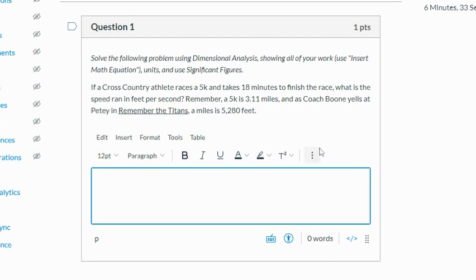So these questions are going to be text entry boxes, but no one wants you to write 5K divided by 18. I mean, that looks terrible. Okay, we can do better than that, especially because they give us a tool with which to do better than